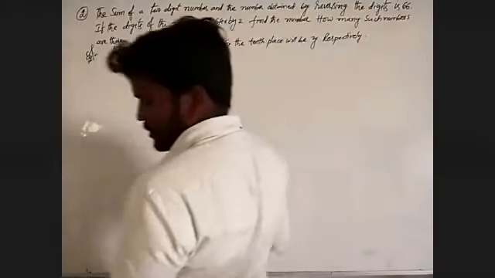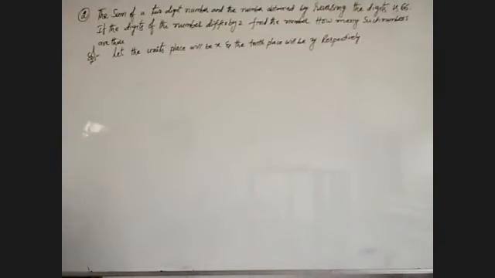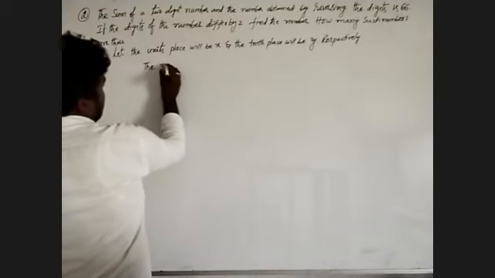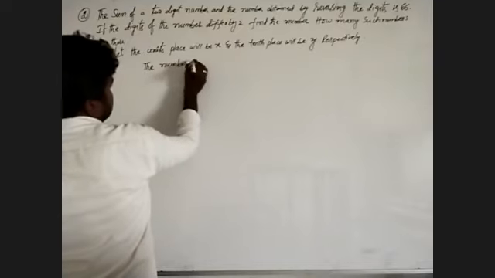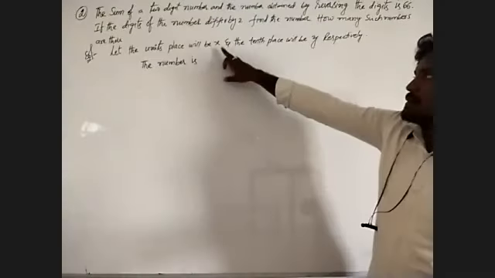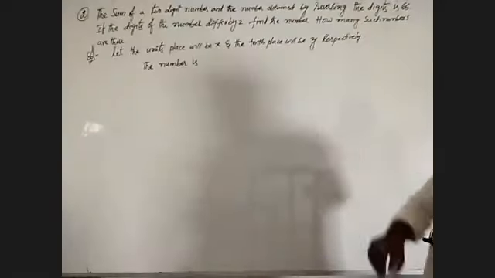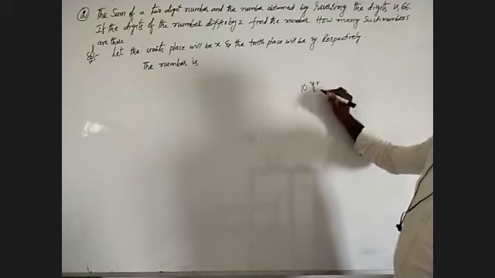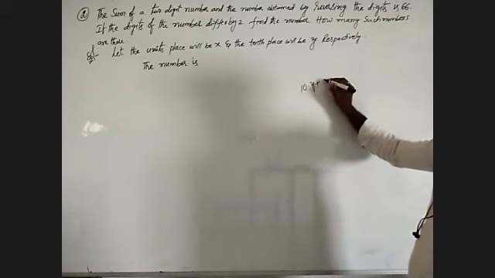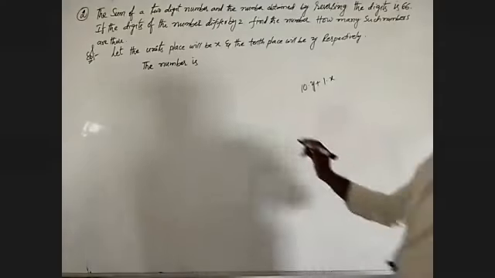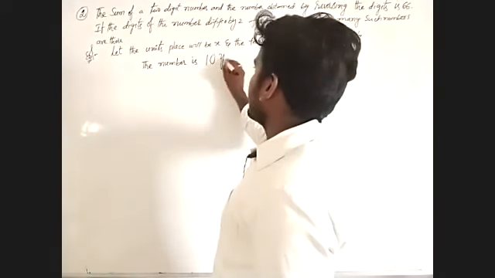Here first I have to take the number. That means the number is, here we will observe, the tenth place must be y and the units place must be x. The tenth place takes y, that means 10 into y, plus the units place, which we take as 1 into x. That becomes 10y plus x.